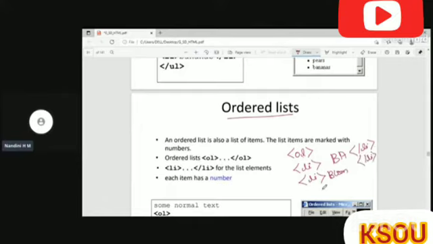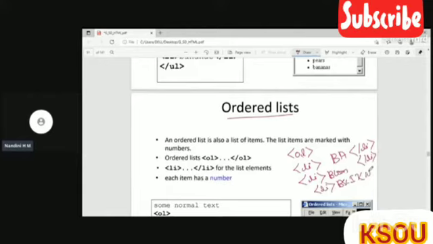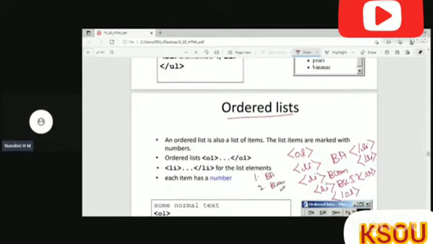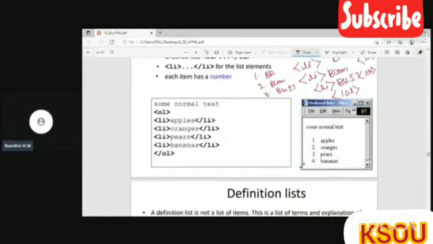And then the third one is BSc IT. And then I'll close the ordered list. So how will it appear? 1 BA, 2 BCom, and third one BSc IT. So unordered list is in the bullet format, ordered list in the numbering format.